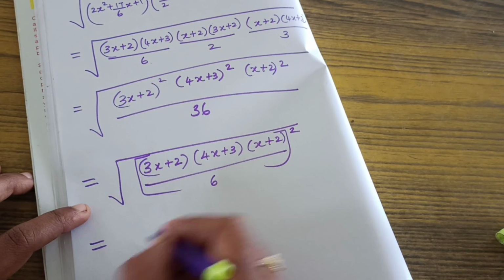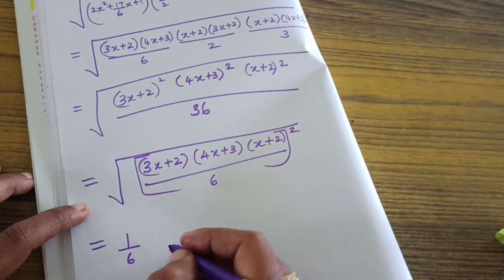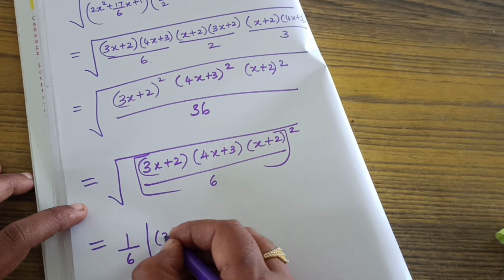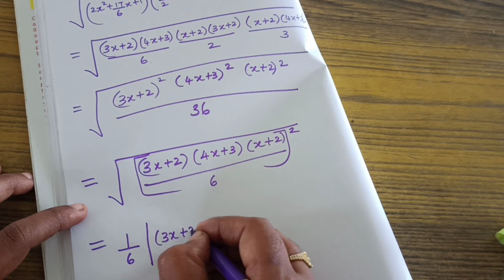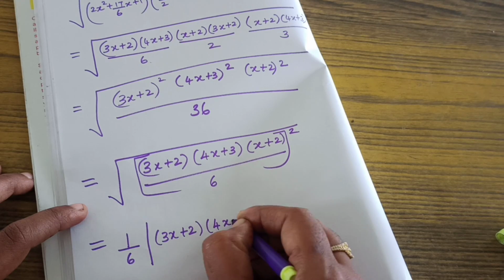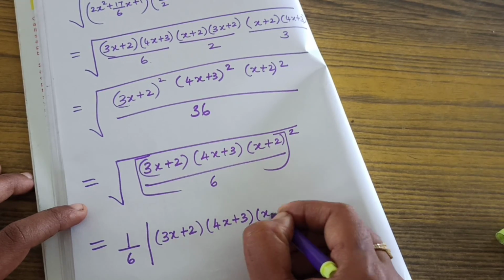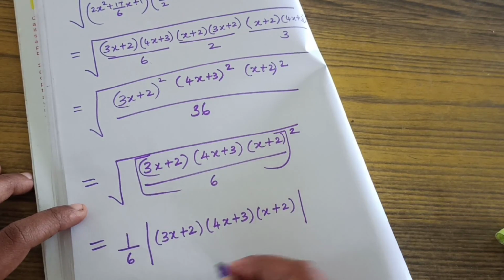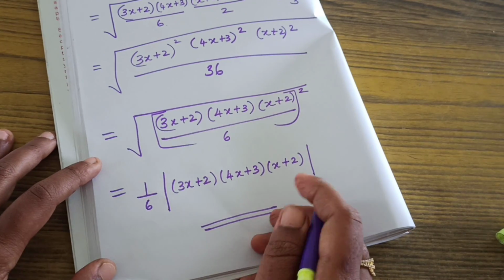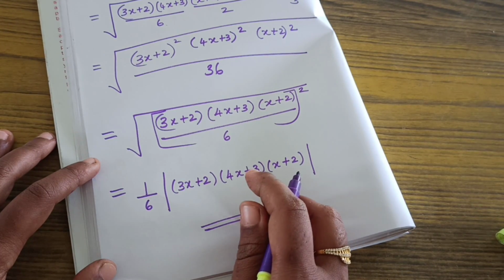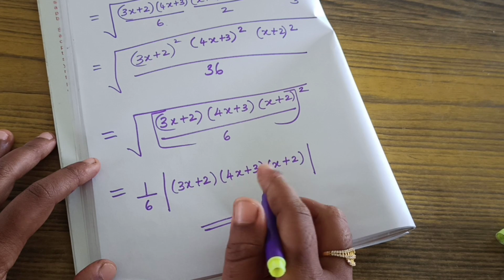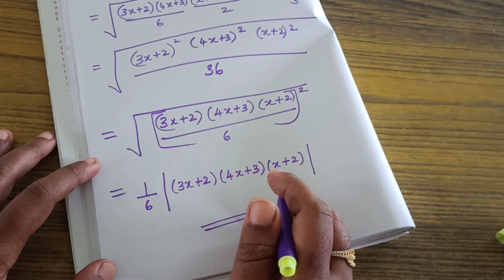Correct. Now 1 by 6 number we can write outside. Remaining thing we can write inside the modulus, because absolute value, no. 3x plus 2 into 4x plus 3 into x plus 2. That's all the answer. So by factorization method over, and then we are going to learn how to find the